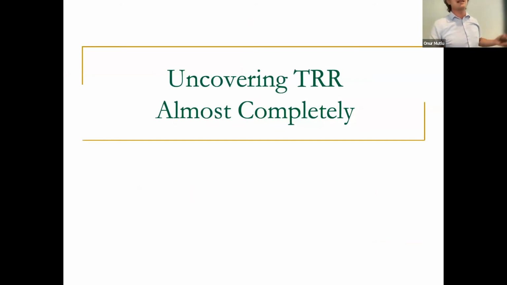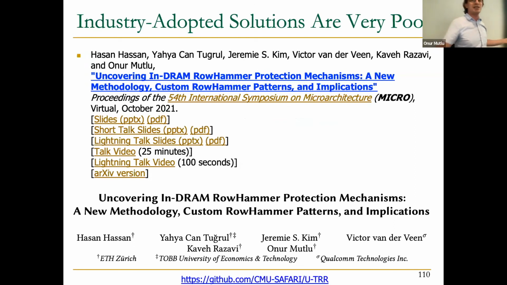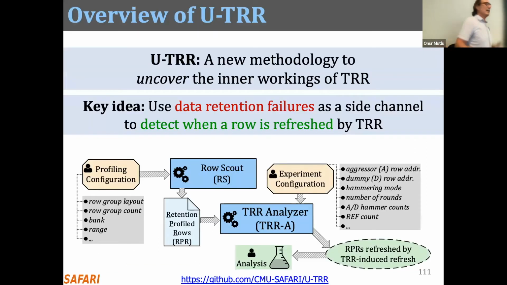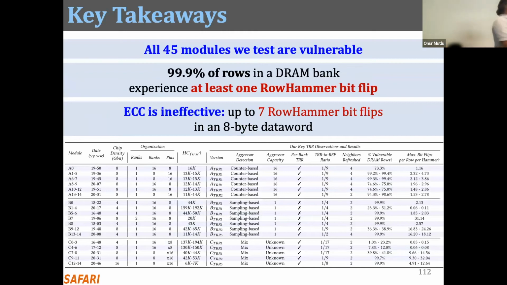Okay, what we did later was uncover what was going on in the DRAM chip. I will not go into the details of this. It's very interesting. We were able to use the data retention failures as a side channel to detect when a row is refreshed internally by a DRAM chip. If you can profile the retention times of DRAM rows, you know exactly when a DRAM row should lose its value. But if it doesn't lose its value, then somebody must be refreshing it internally. By using the side channel, we figured out exactly how these internal DRAM mitigation mechanisms were working. This is the beauty of retention and refresh.